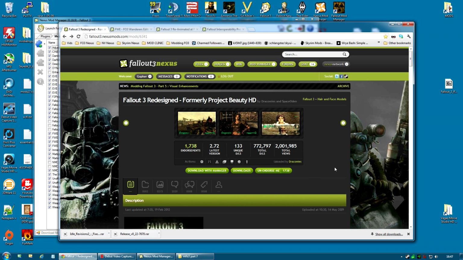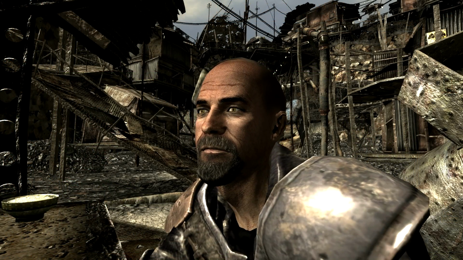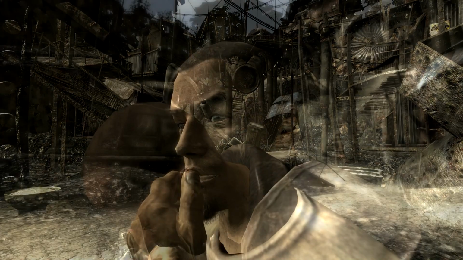I mean, Fallout 3 and a lot of the Bethesda games actually have this issue where the faces seem to be almost randomly generated, and eyes might be slightly too wide, or the skin tone under the eyes doesn't match the skin tone under the chin, and so on. Lots of little things that just make the faces look a little odd. If you've played the game before, you know what I'm talking about. And this mod attempts to fix that, make people look a little bit more realistic.